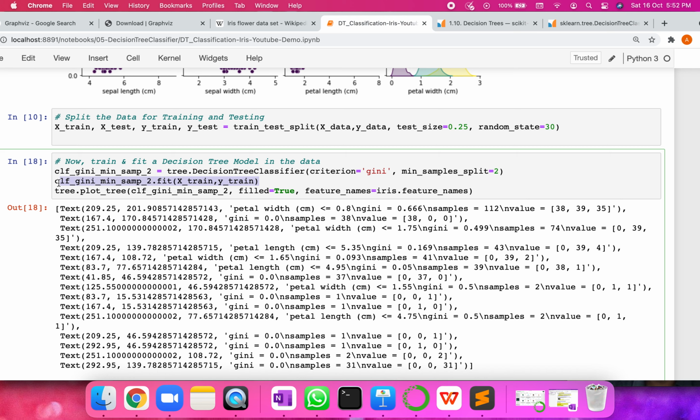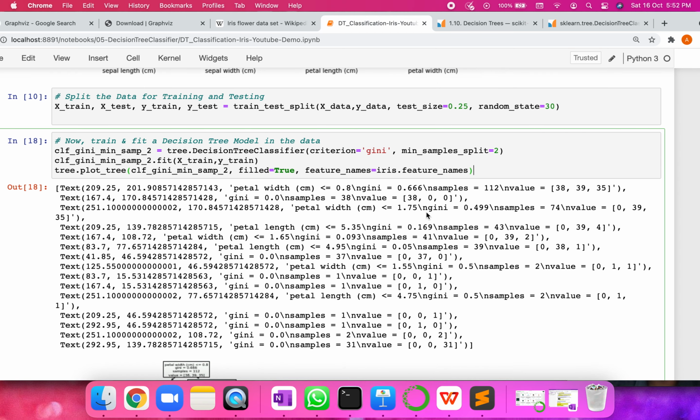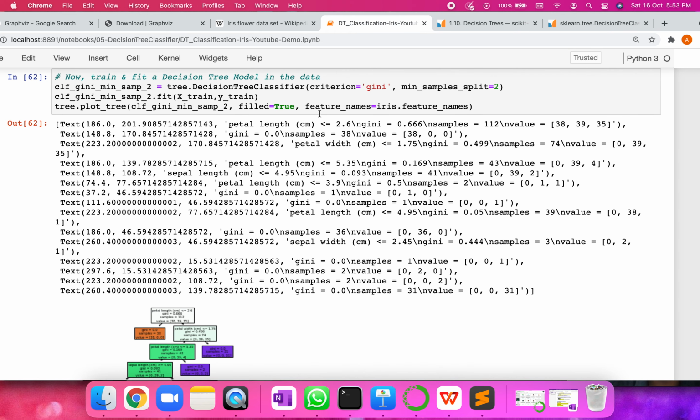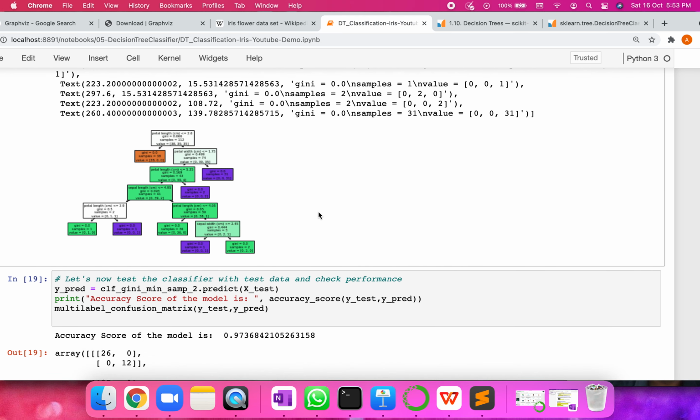Passing these two, the algorithm would learn and build the model. And that model we could also plot. There is a method called plot underscore tree, which will take this classifier object and pictorially represent it in our output here. If I run this, this is what it has learned. It has seen various samples and how it has split. This is a textual representation of it, and there is also a pictorial representation. I know this is very small here. We could also export this into a PDF and see that. Maybe in the next steps I will show that.